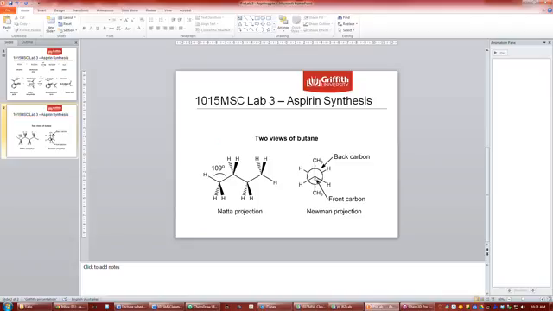From that front carbon, you can see these full lines because we can see all of that carbon to hydrogen bond or carbon to methyl bond. Off the back carbon, we can't see the back carbon, but then we have these half lines here because these are bonds coming off the back carbon. So you can use that Newman projection to draw larger